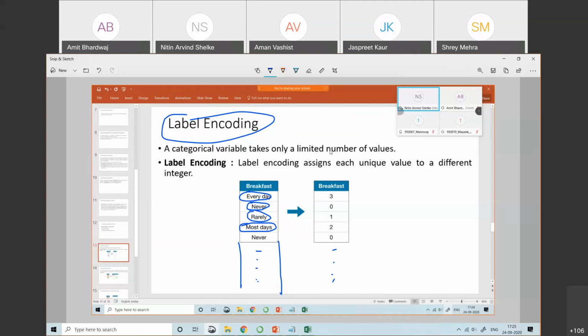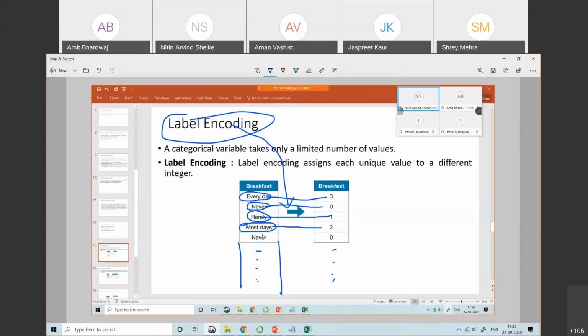So observe here, after the label encoding, we use the LabelEncoder class. During the coding I will discuss it again. Now just observe: every day is assigned the label 3, never is assigned the label 0, rarely is assigned the label 1, most days is assigned the label 2. So this is the label we have assigned.